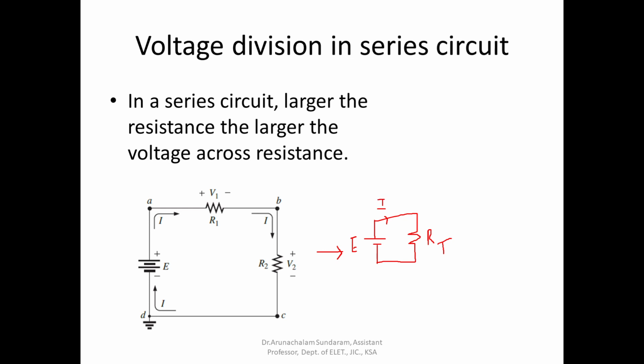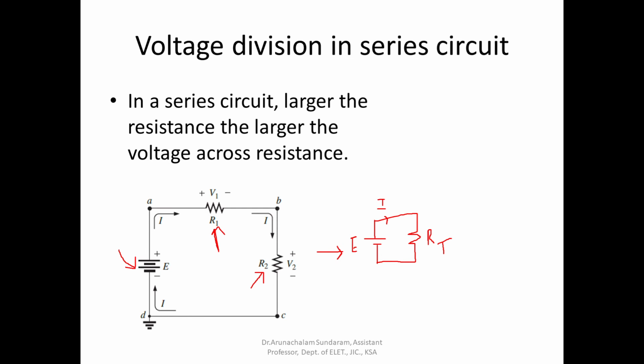I don't write it as IS because in series circuit, all of you know the property of series circuit. Current in each and every element will be the same. That is why we don't mark current as I1 or I2. We mark the current only as I.